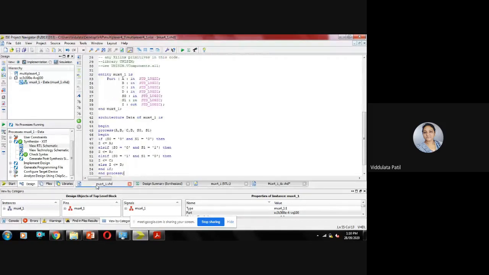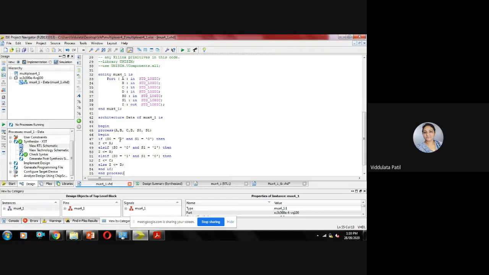Okay, so I'll just show you the VHDL code that we have written. You see here, this is the VHDL code, and depending on it, whatever stimulus we give, this circuit is going to behave.